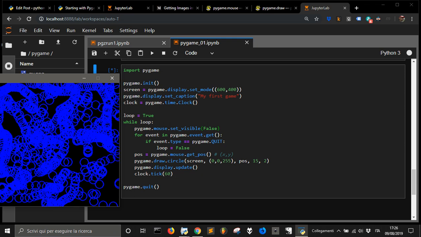Then we get the position of the mouse continuously with pygame.mouse.get_pos, and then we draw a circle on the screen of this color, which is black,